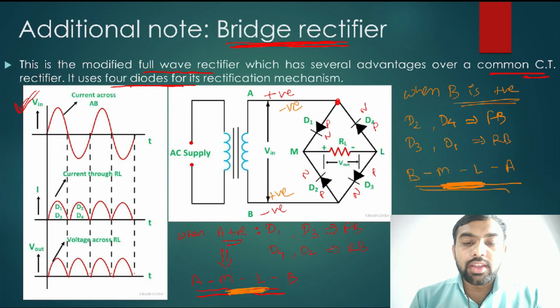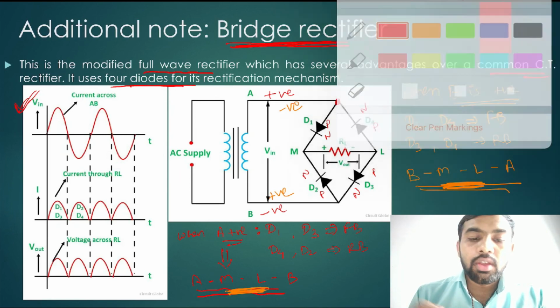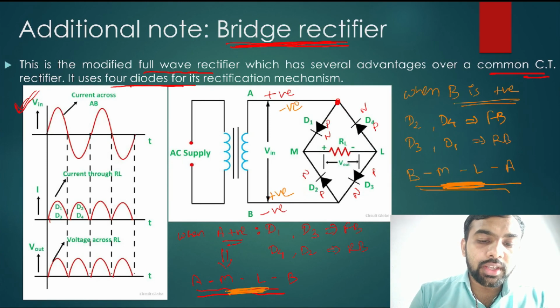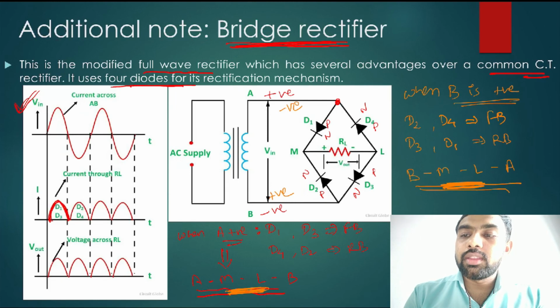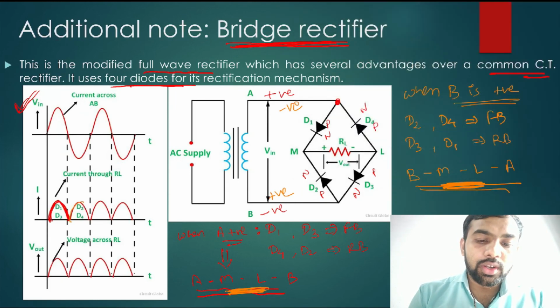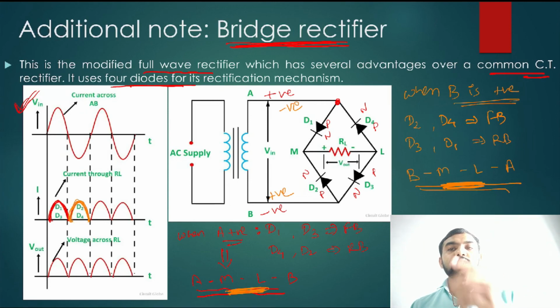See here, when A is positive, this voltage across D1 and D2, and when B is positive, this voltage. Okay, so it is exactly similar to the full wave rectifier. So we call it a modified full wave rectifier, and in this case the current flows in the same direction